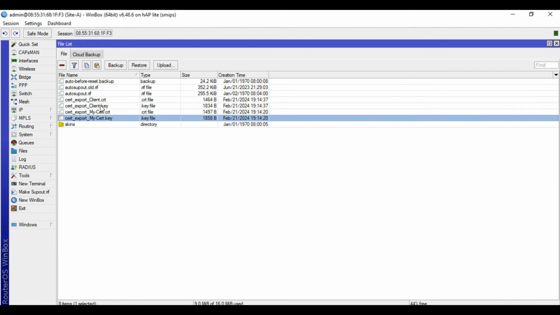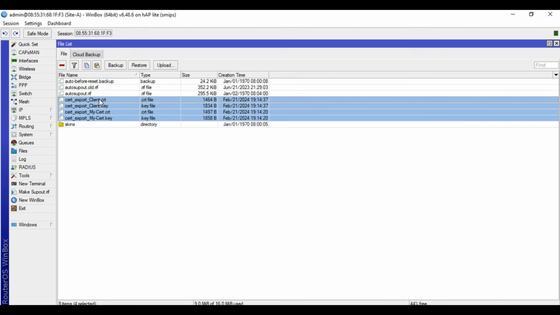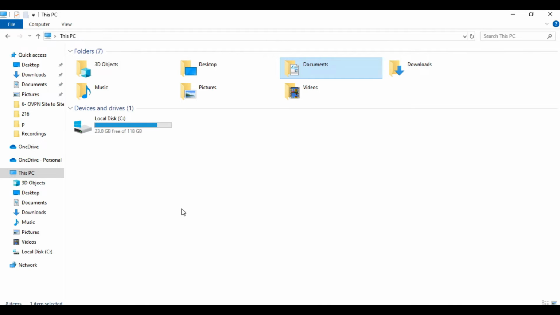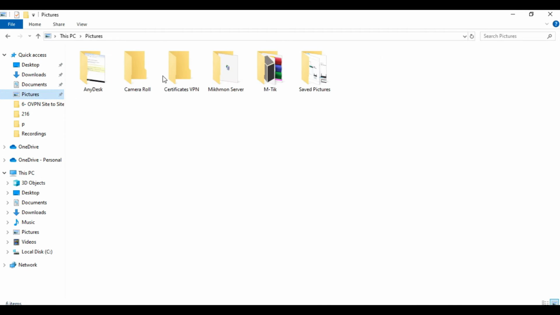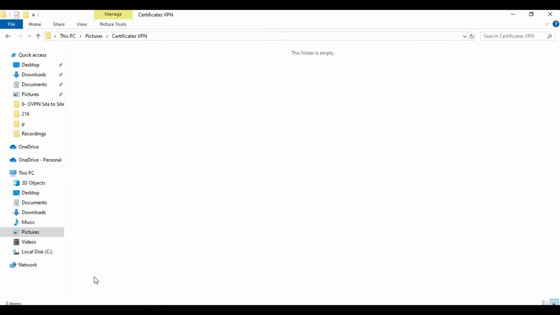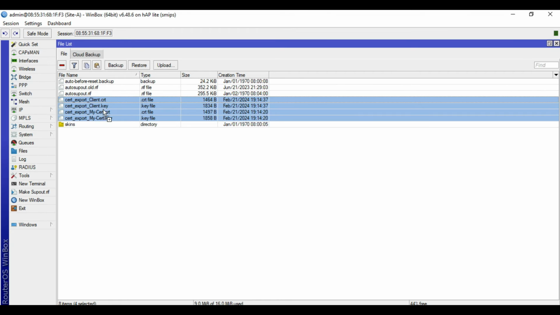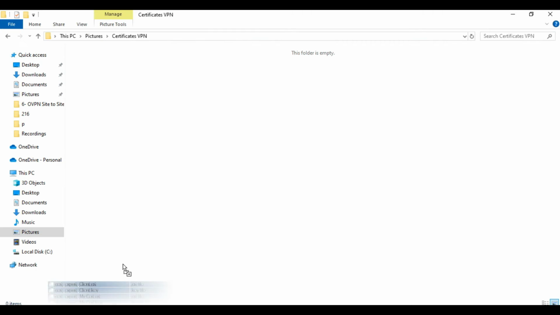We will select the certificates and drag them to your desired location. So in my case, I put this one here. I'll drag the certificates to that location.